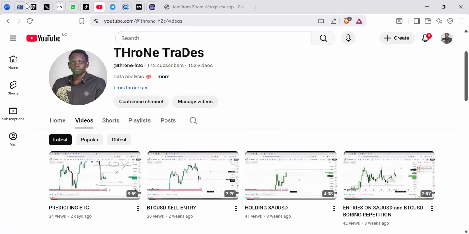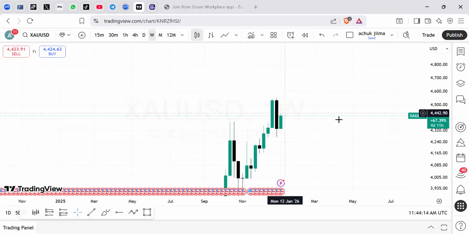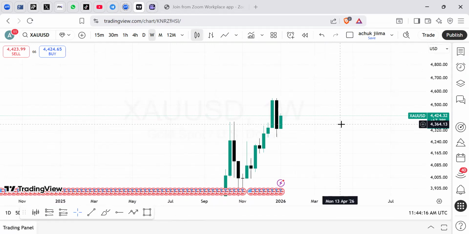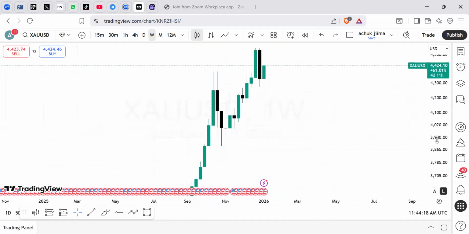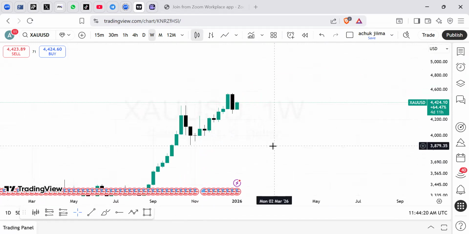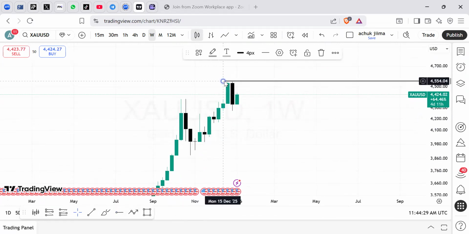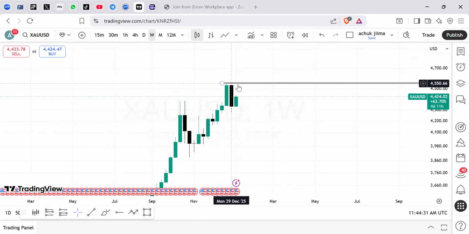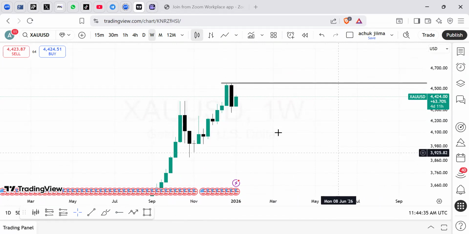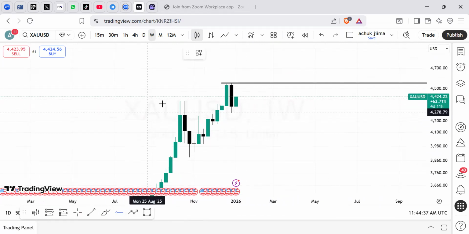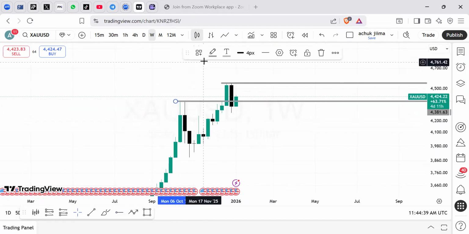Anyway, with that being said, let's focus on gold and see how we have a trading opportunity. This is the weekly chart for gold, and I just want you to notice something here. You just mark your highs and your lows, which is equal to your price difference area. So this is an all-time high that gold has come into, which is around 4,500. And then this is a high that the market has broken above.